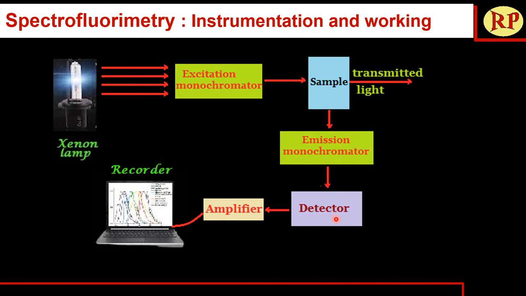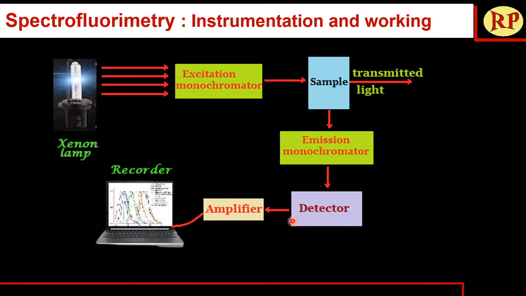And the detector detects. One thing we should understand, that the sample will not absorb all the 100% of light entering into it. So after absorbing light, the remaining light will be transmitted. And we know that in spectrophotometry, we have the detector here at 180 degrees angle from the source, because we used to measure the intensity of transmitted light. Here we are measuring the intensity of emitted light alone. So the transmitted light should not interfere with the emitted light.